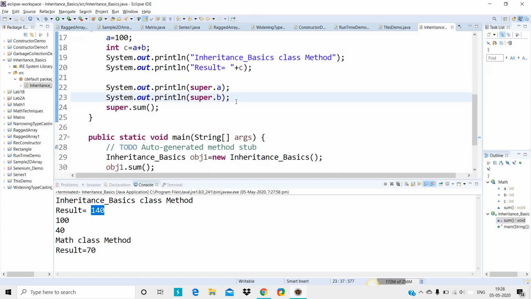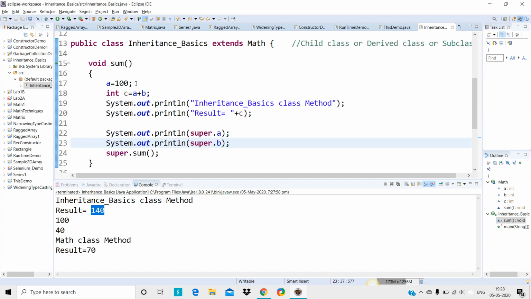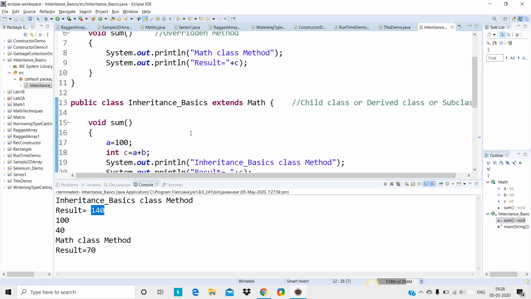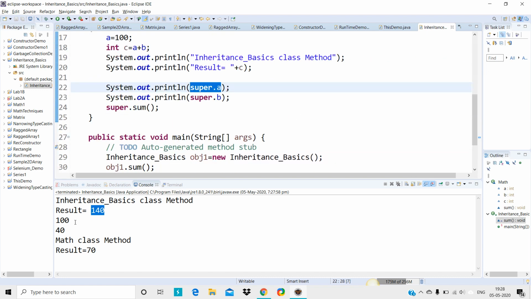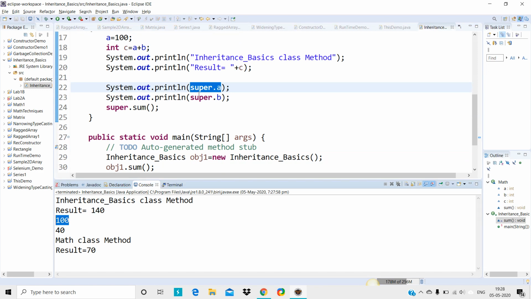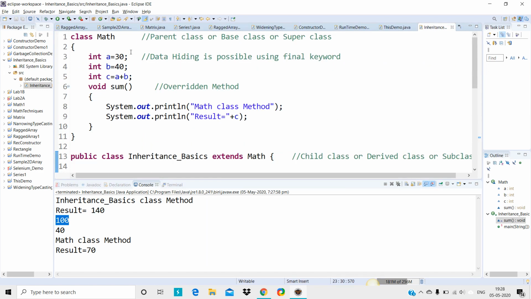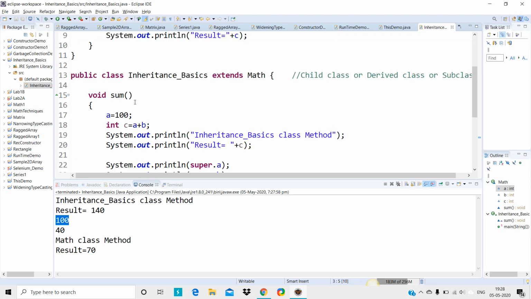So here you can make a note. Here super dot a, though I have used super in this line, it is printing 100, right? It is not printing 30, because the value of a is getting changed in some method.